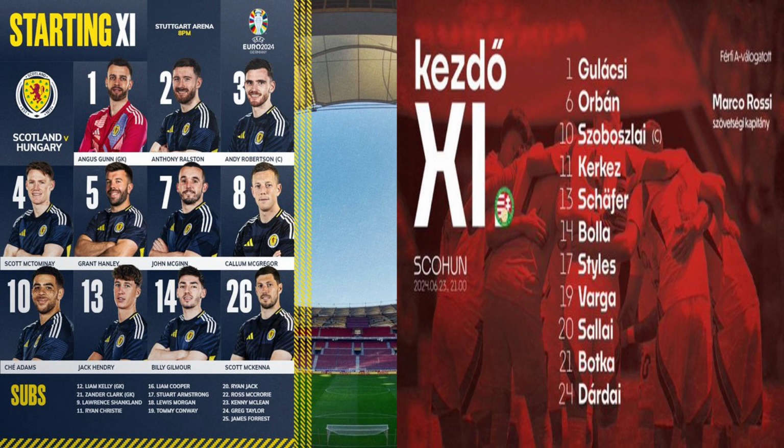Scotland come into this match with just 2 defeats in 14 competitive games, and those came against Spain and of course the first game here against Germany. But what we really need tonight is a victory. 8 of those games have been wins, 4 draws. Scotland looking to add to the tally of wins tonight to take themselves into the last 16, almost